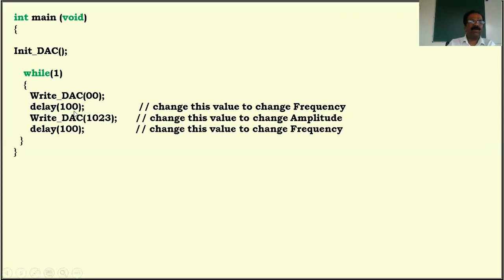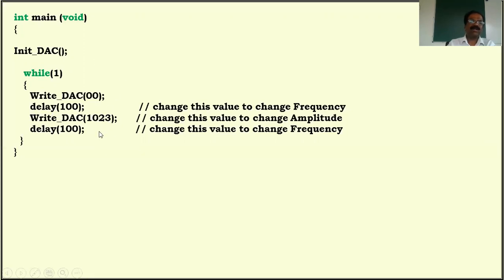With the help of the delay program, we can vary the frequency of the waveform, 1 kilohertz or 1 megahertz, whatever it may be. With the help of delay we vary the frequency, and by changing this value we vary the amplitude of the waveform.